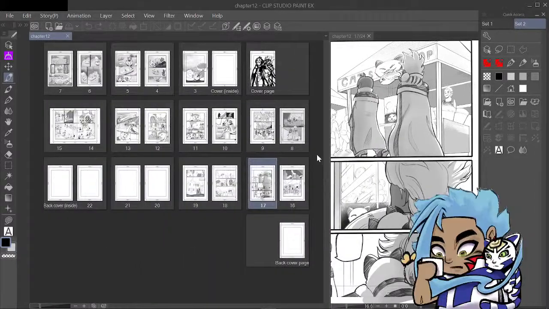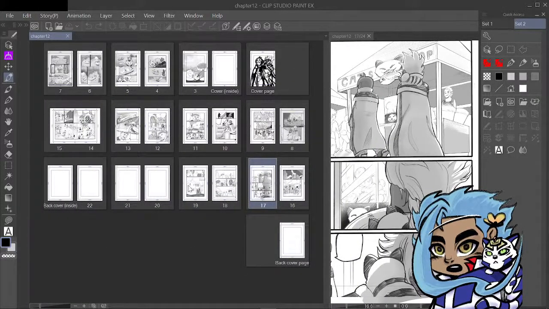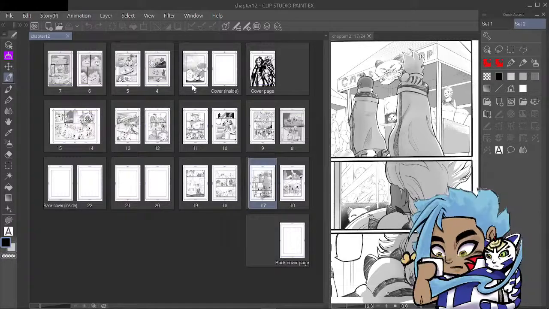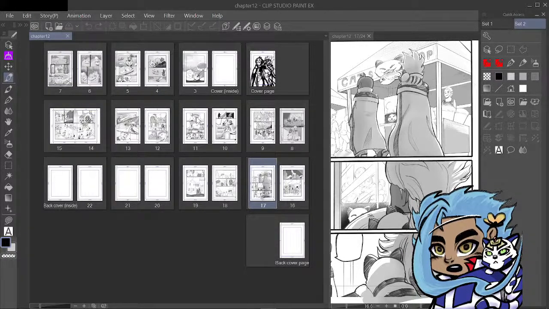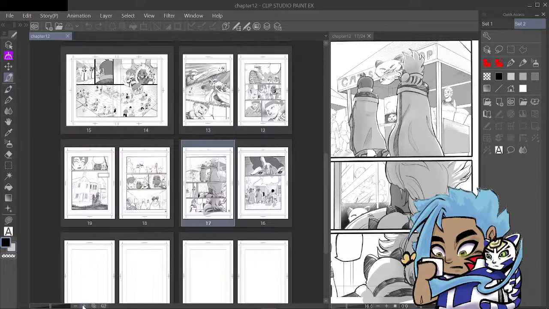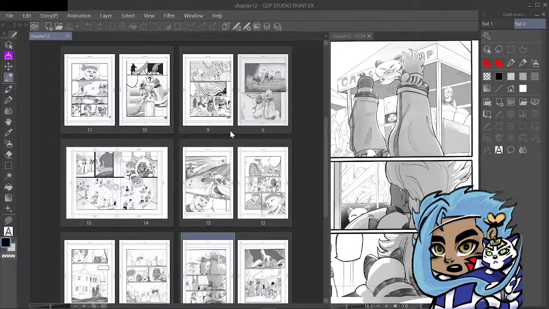So this is how far we've come now. I have about two more pages to finish after this page, and I still don't like page one, so I'll probably go back over that and finish it up. Also, I don't like this guy's face in the first panel. It looks a little squished, so I'm going to expand it a certain way so it looks more on model to what he looks like in the other pages.